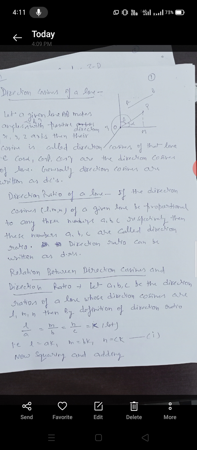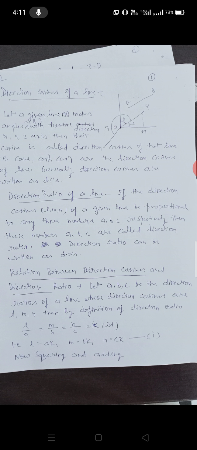Today we will discuss the direction cosines of a line and the direction ratio of a line, and some questions related to the direction ratio and the direction cosines. Let a given line AB